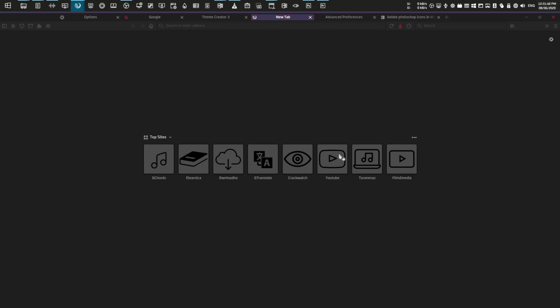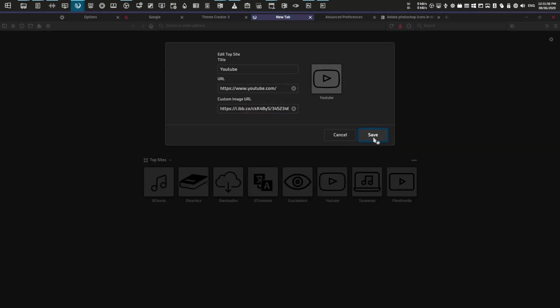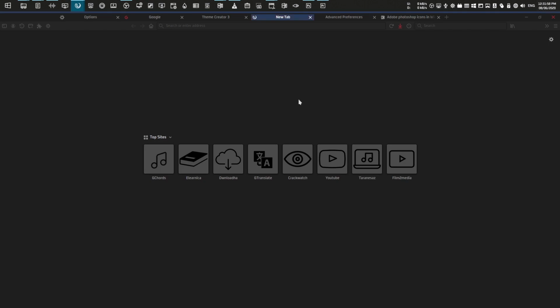Okay, and now sometimes when you do that the first time, this might turn into a white image. If that happens, just do this a second time and click save, and that's going to fix that. So yeah, I think that's pretty much it for all the things you need to do to get this theme applied. Okay, and just one last thing that I want to say is that if you want to customize this